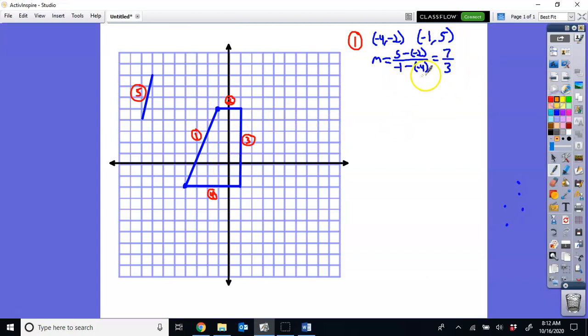Then I use my slope and one of these points, I would probably use (-1, 5), to use my y equals mx plus b, plug in my y value, plug in my slope,